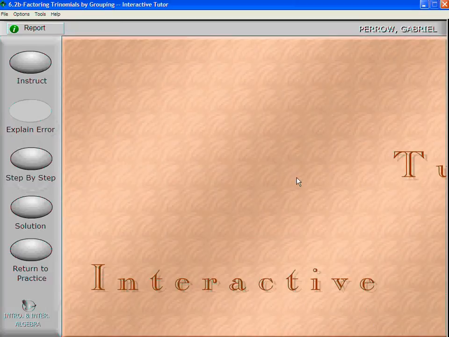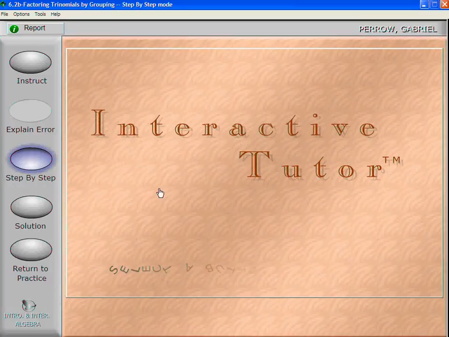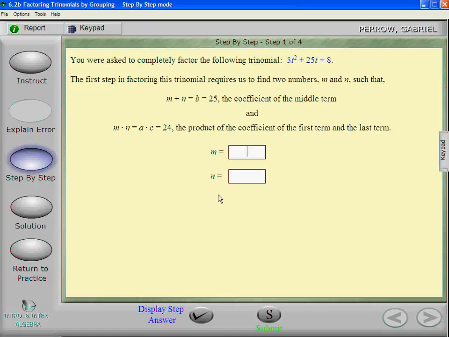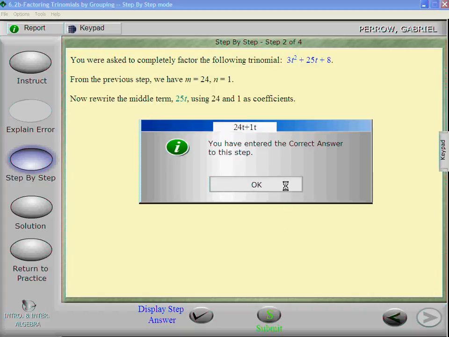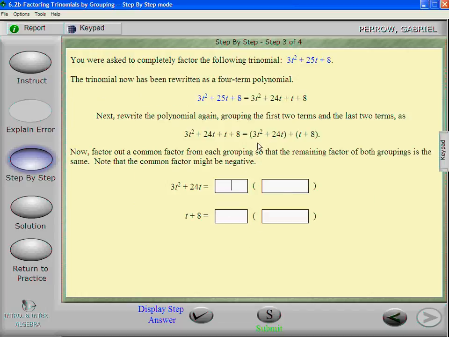So if you walk through the steps, like the tutor mode shows, we could say 24 and 1 work for these combinations. Split 25t up as 24t and 1t. And when you see it written this way, and you want to be writing this down yourself on paper as you go, you'd have 3t squared plus 24t plus t plus 8 as your new rewritten